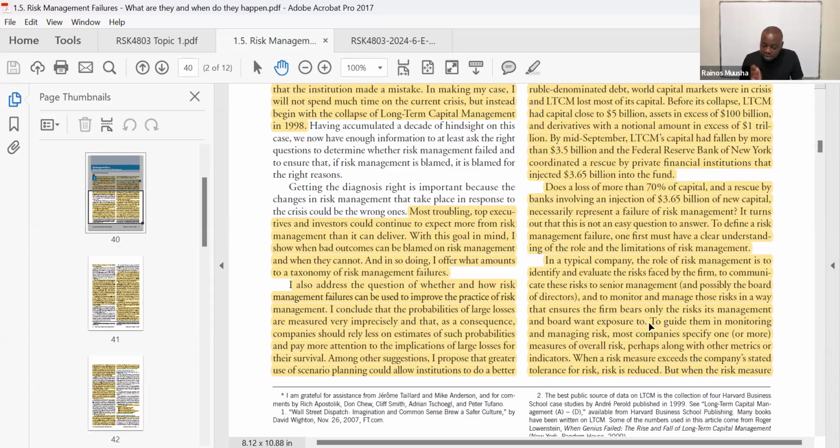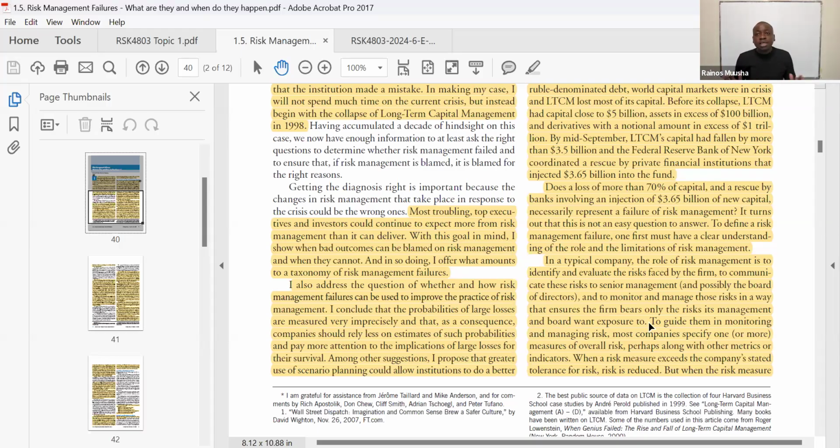So, do you see the roles and responsibility of the risk management function? Please take note of this. This is a very common question in assignments and a very common question in past question papers. And if they bring this question, usually the lecturer has to bring this question in question number 1.